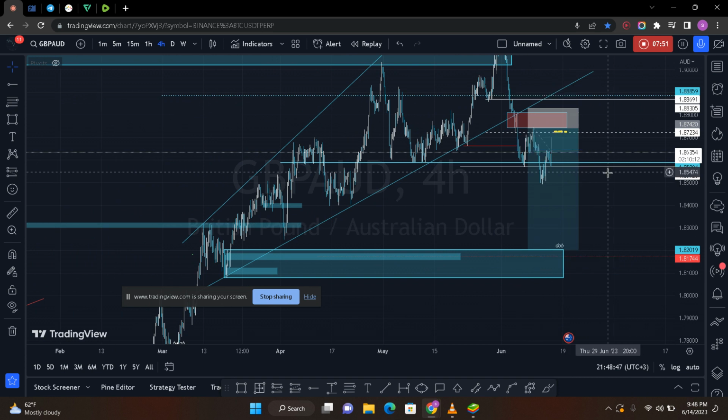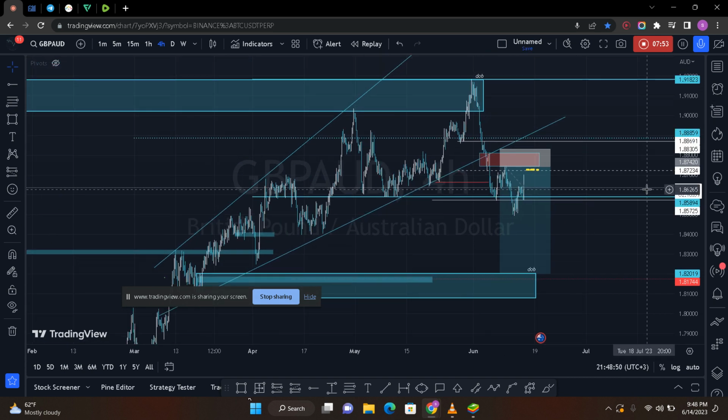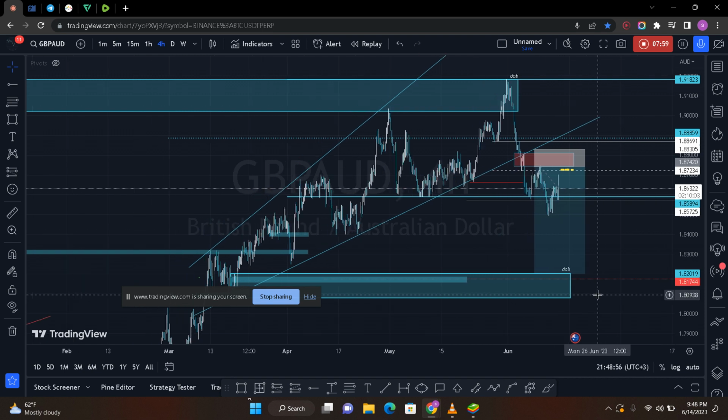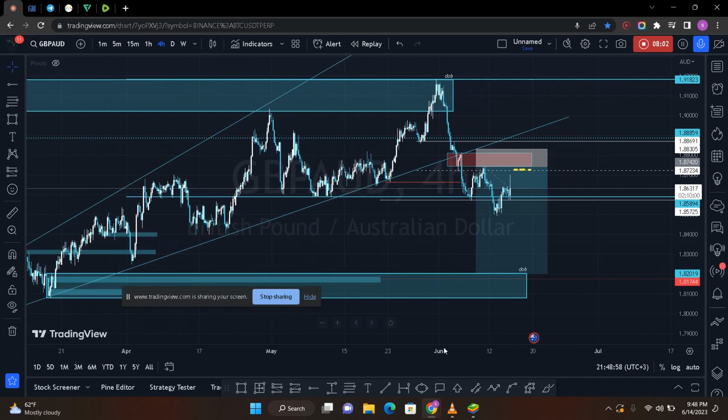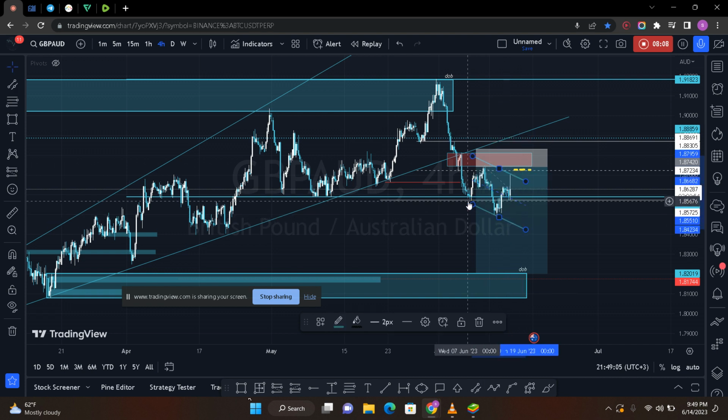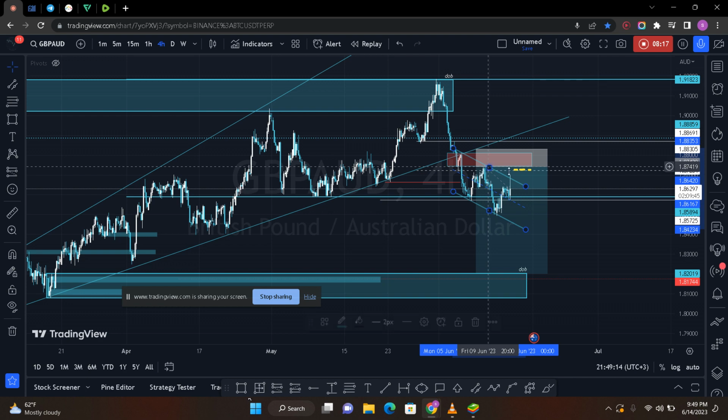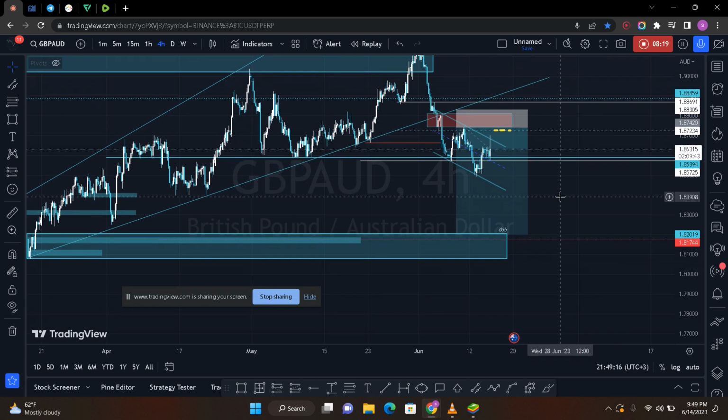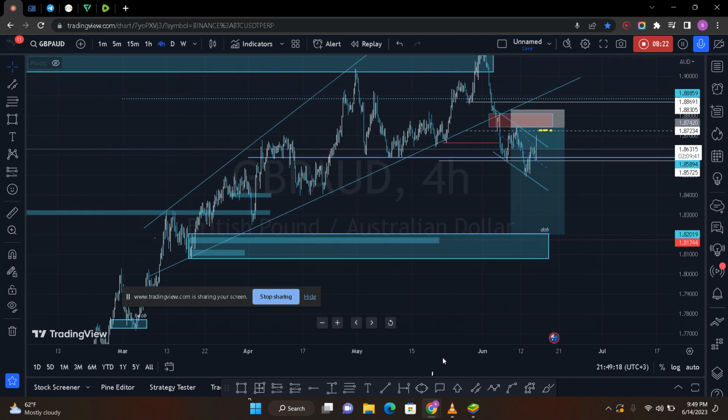This remains our target, and I'll make an update if we're stopped out and if we also get to our target. So I'm trying to see something here. So another channel is forming right here. Yeah, there's another channel forming right there. So I'll leave it at that,